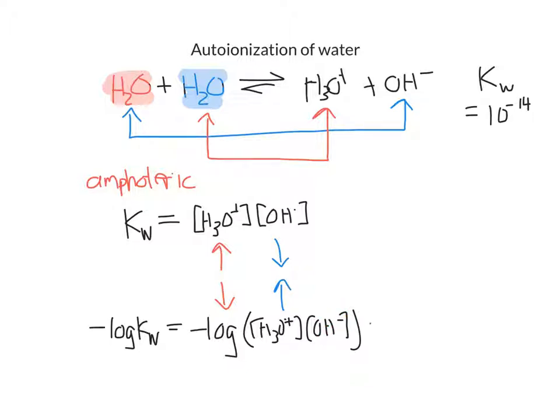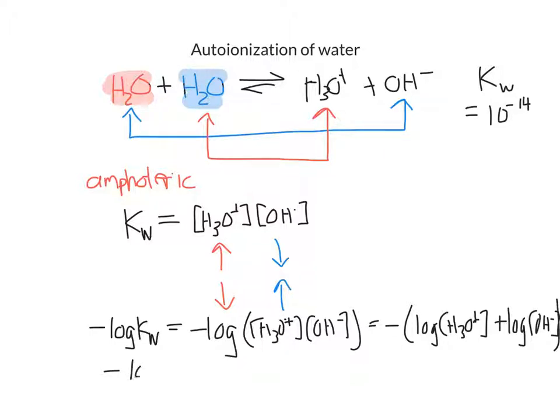And so this can be written as minus the log of H3O plus concentration plus the log of the OH minus concentration. Now notice that if I distribute this negative sign, minus the log of H3O plus is just the pH, and minus the log of OH minus is just the pOH. And so I can write that